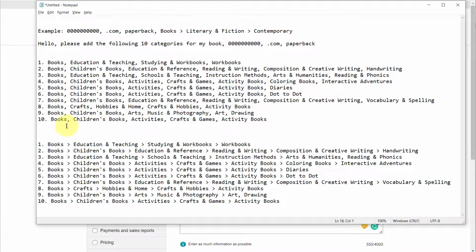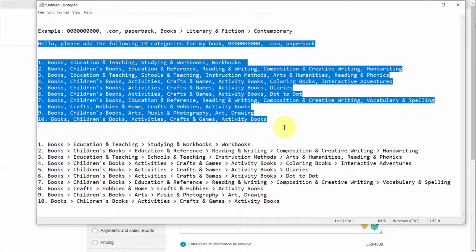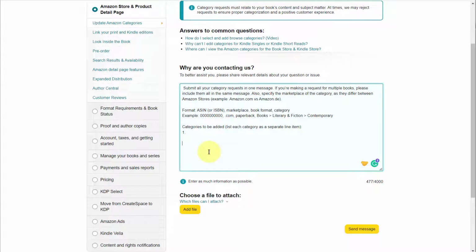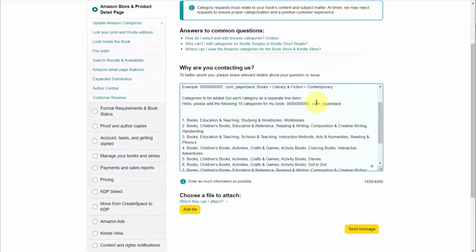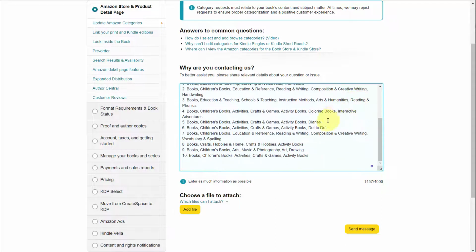You could number them 1 to 10, for example. And you can use a comma or you can use a bracket. Either one is fine. I've used both as long as the subcategories are separated. And then when you're all finished, just select all the information, copy it, and then move over to the template and then just paste in your information, look it over, make sure everything looks okay, and then when you're finished,